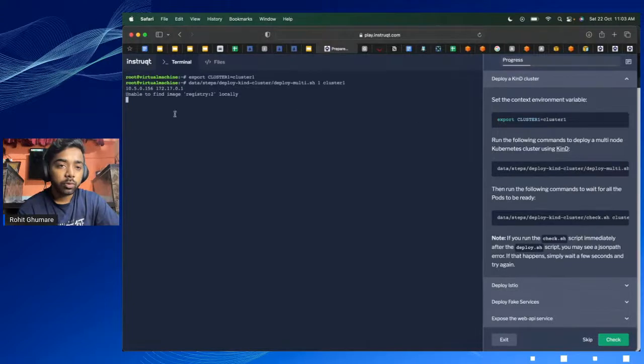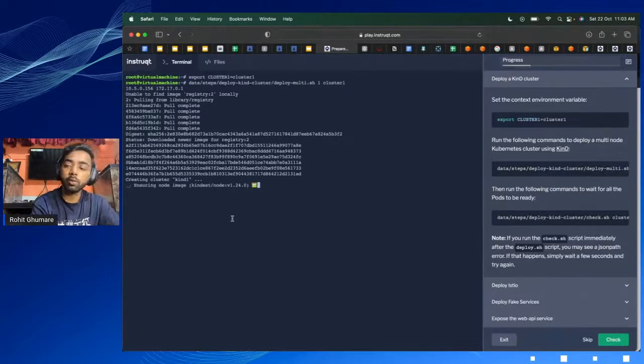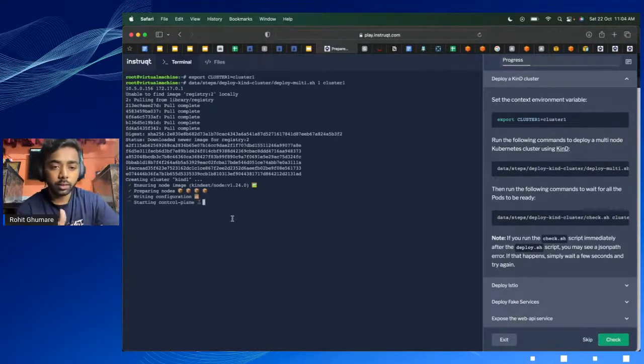We are using this to install. This will take some time. I thought I should do it from the start, because I want to be transparent, so you will see how this process works, and whenever there is an error, we will talk about it. Here it is pulling containers from the registry. Then it is loading an image which has the node with your version. Then it is preparing the nodes and writing our